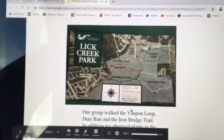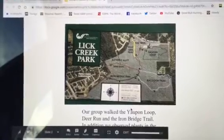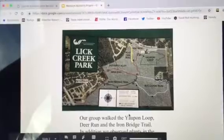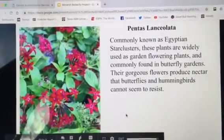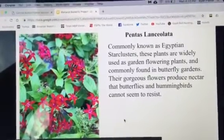So this was through Yapoon Loop, Deer Run, and Iron Bridge Trail. And through this, we were able to observe quite a bit of plants that really related to our study of what we found as monarch host plants. First, looking at the